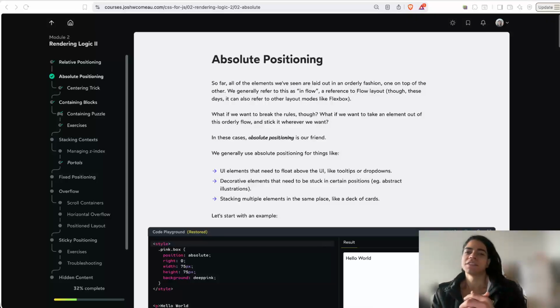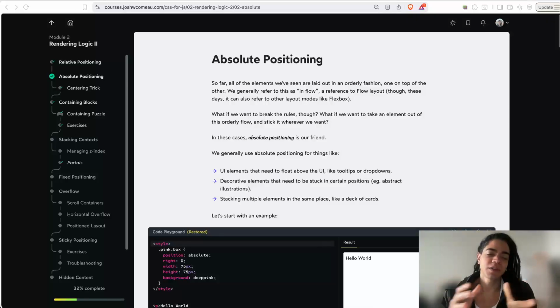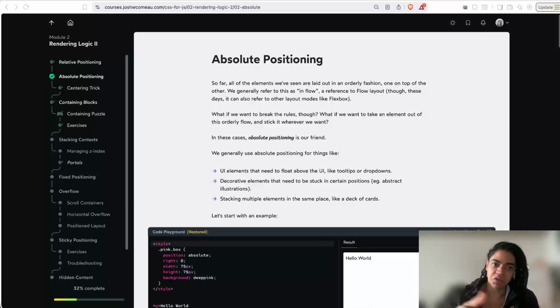Euler Gonzalez here. So, in today's video, I want to look at absolute positioning, but by reading the spec, and also put into practice those concepts and combine them with this particular course taught by Josh Comeau, a software engineer